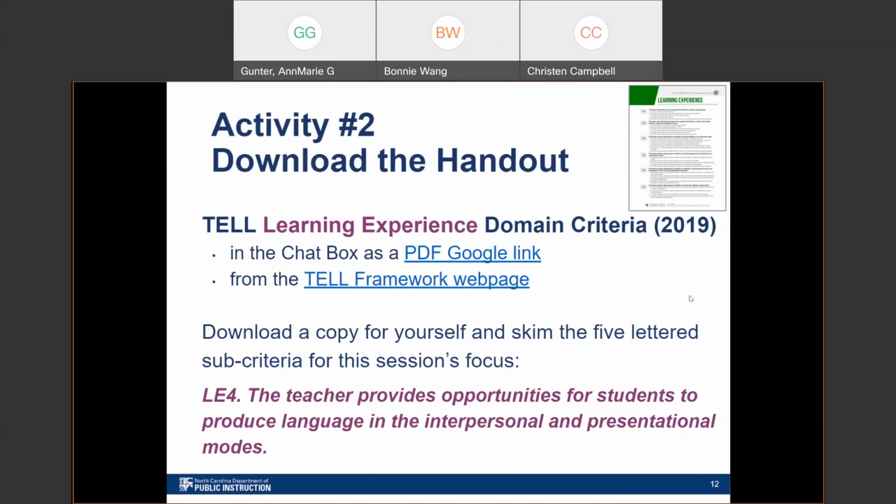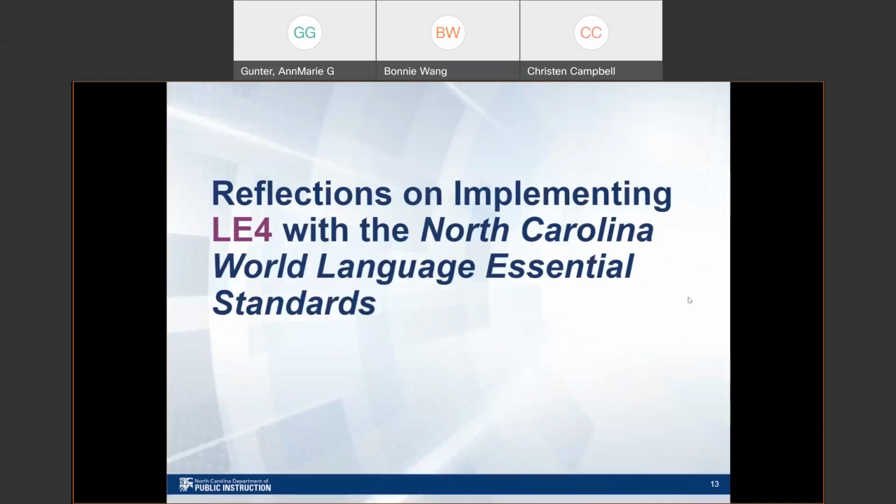All right, so now you have your TAO learning experience domain criteria document in hand, or on screen maybe would be a better way to say it. So let's go ahead and look at those LE4 criteria and think about them in relation to our North Carolina World Language Essential Standards. Obviously, this particular sub-criteria looks very carefully at standard number 1 and standard number 3.